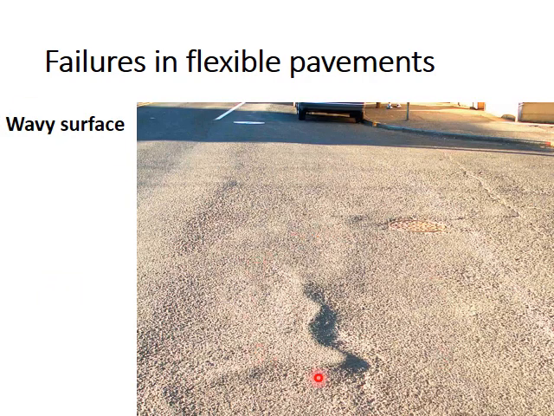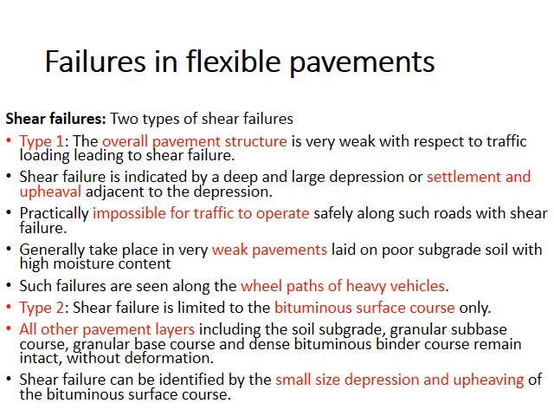This is an image of a wavy surface. You can see waves here. They are not as close as the corrugations, but the ripples are larger in size, so the riding quality will be affected. The cause of wavy surface was seen as mostly moisture in subgrade or inadequate compaction of subgrade. That is, as soil settles due to moisture or inadequate compaction, the layers above it also settle, and there is a wavy shape on the top surface of the pavement.